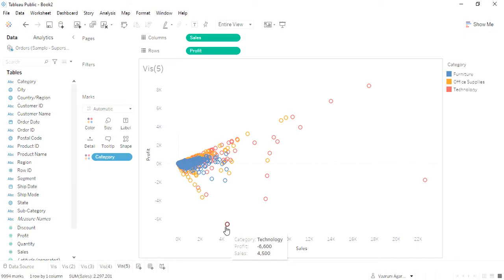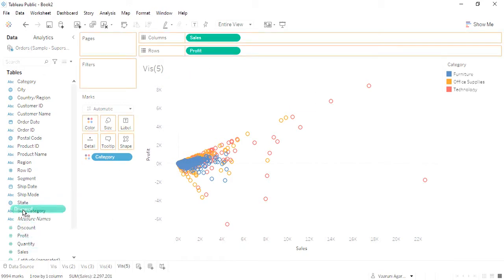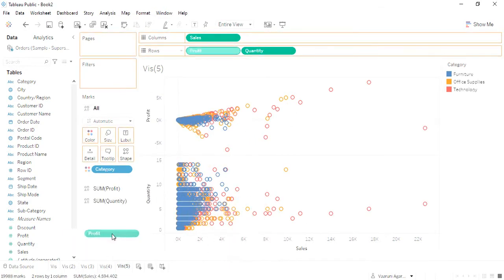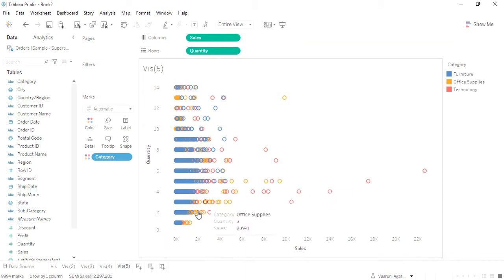So these are the kinds of insights that we are able to draw from this particular visualization, that is the scatter plot. In case you want different data, like along with profit, we also want the quantity data, let's drag the quantity data in here. Let's remove this profit. So this is what we are getting for the quantity data, right? That is the sales and the quantity. So how many quantities were sold